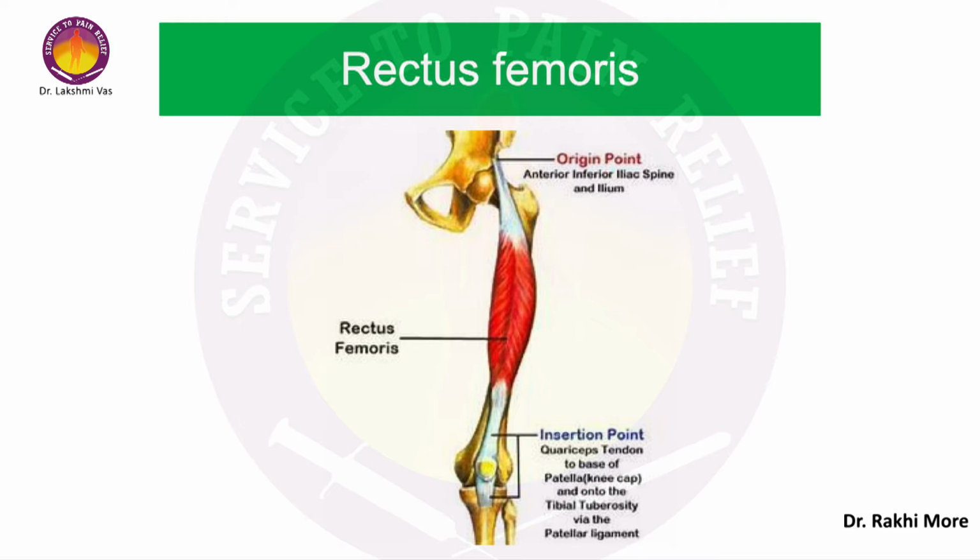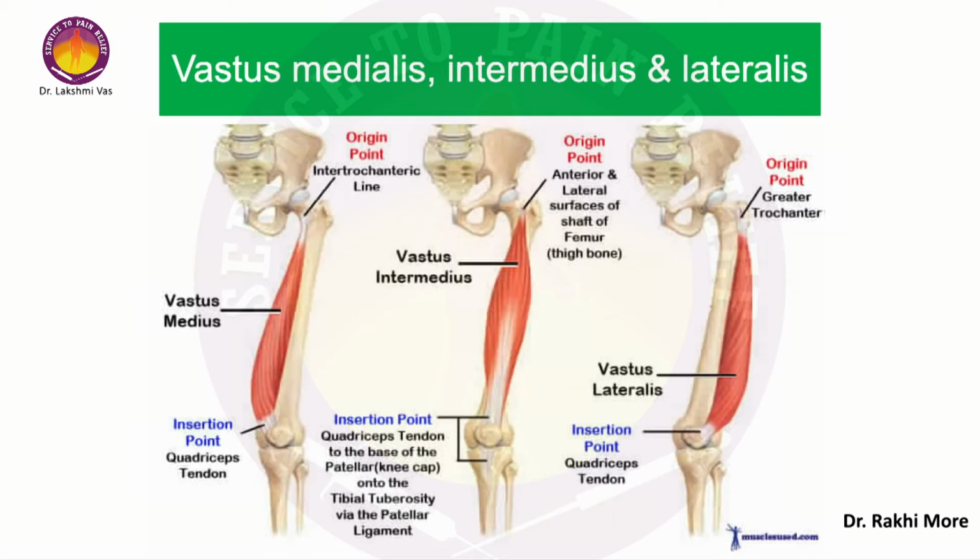It takes origin from the anterior inferior iliac spine, that's the straight head of the rectus femoris, and the reflected head will take origin from a groove just above the acetabulum on the lateral aspect. So that is a reflected head. Both the heads will come down and they will get inserted on the superior border of the patella, along with the other three muscles of the quadriceps femoris, and they will form the ligamentum patellae. So this is the rectus femoris, which is the most superficial muscle once you reflect the sartorius. The next are the three muscles, that is the three vasti, vastus medialis, vastus intermedius, and the vastus lateralis.